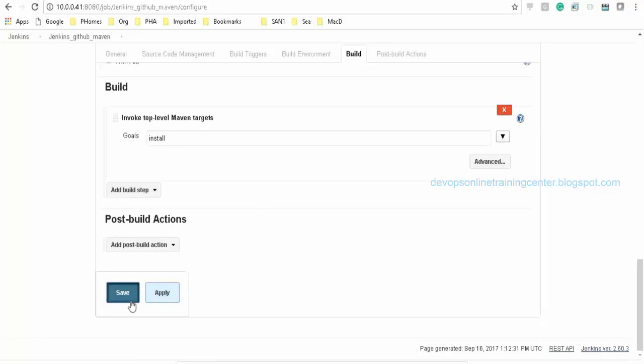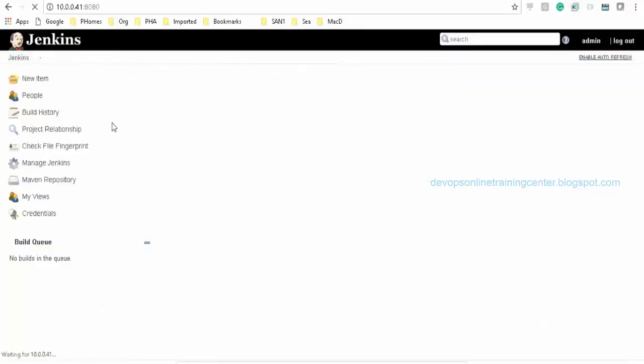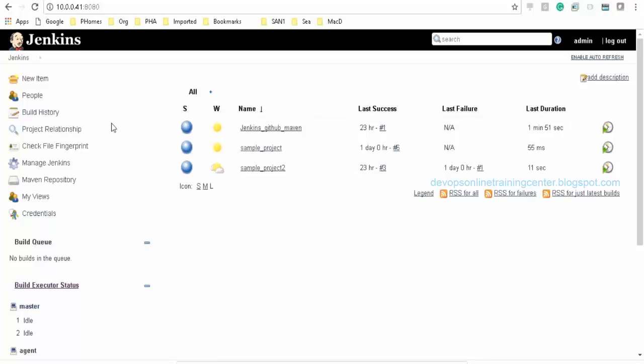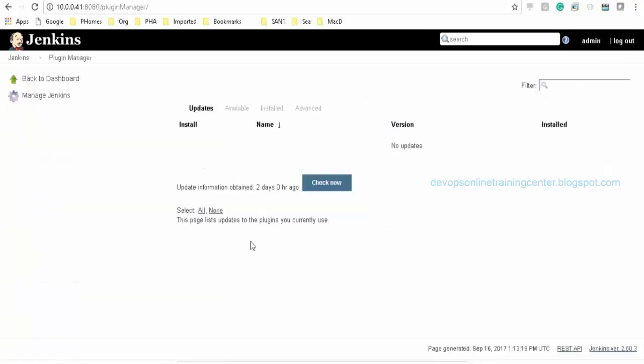So here, let us see, there is a step. First we need to install 2 plugins. One is Nexus. For anything where I want to do something other than the default behavior, we need to install that plugin in Jenkins. So manage Jenkins, manage plugins. Then where are the plugins available to install? Which tab?